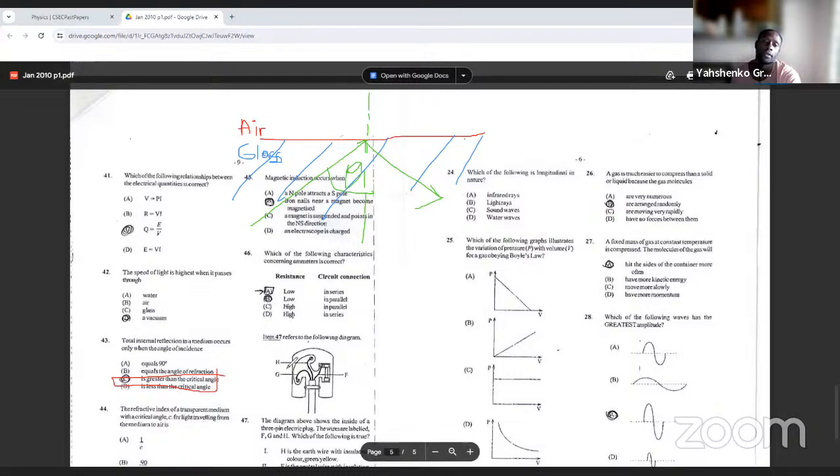boundary. So all angles are measured away from the normal, right? So if the angle of incidence is greater than the critical angle, you know what happened? You got to stay bouncing around, baby. All right. The refractive index of a transparent medium with a critical angle of angle C, for a light traveling from the medium to air is,